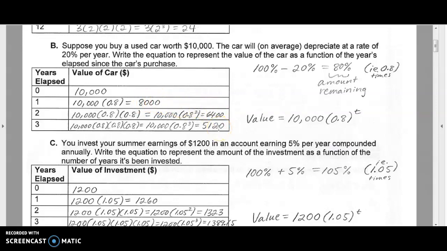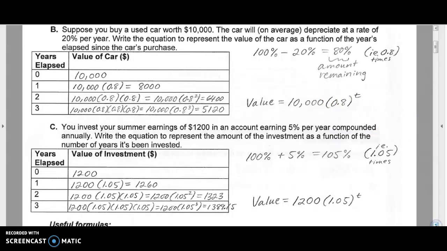The main takeaway here again is, what are we multiplying by? 0.8, because the value of the car depreciates by 20%, leaving us with 80%, and that's where that 0.8 comes from. And the last one before we get into the actual formulas